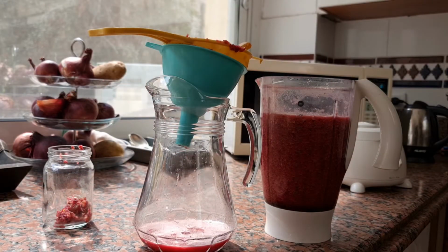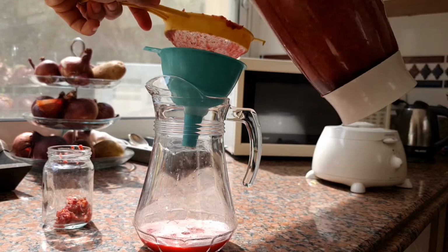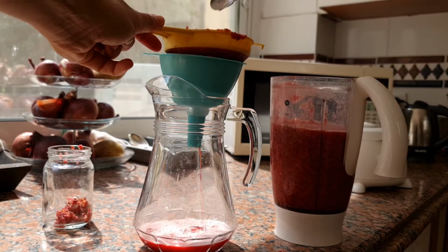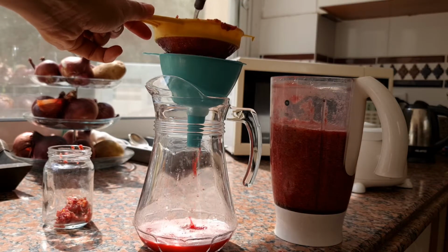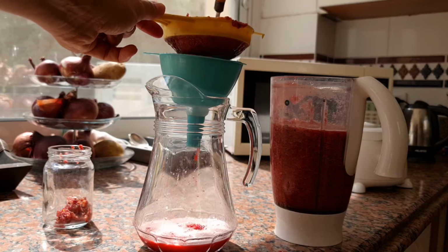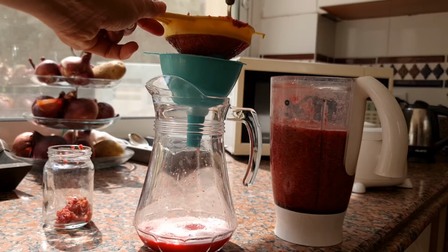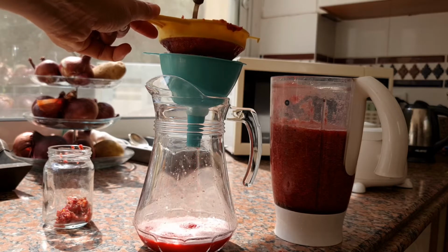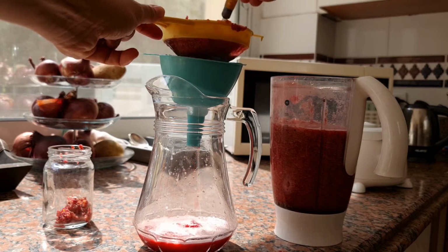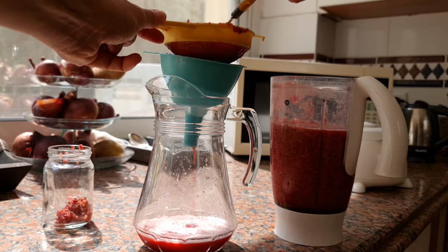Okay, so I'm gonna attempt to show you just live what happens here. Is that you take the juice, put it through the sieve, and then you stir to bring the juice down into your glass vessel. And it's a bit of a messy process because you're separating the fibers from the juice. But you're getting a lot of nutrients, you're getting a lot of water also, which will feed